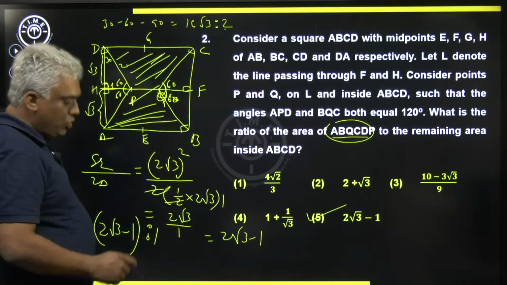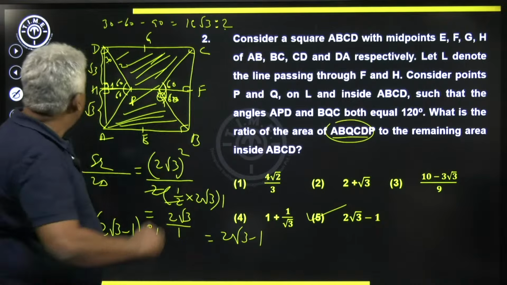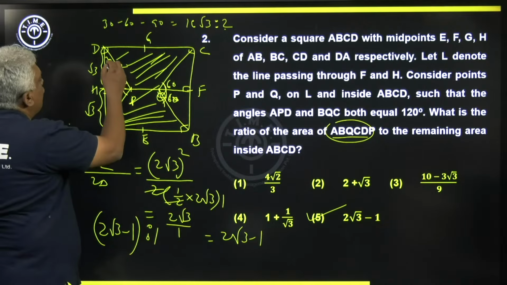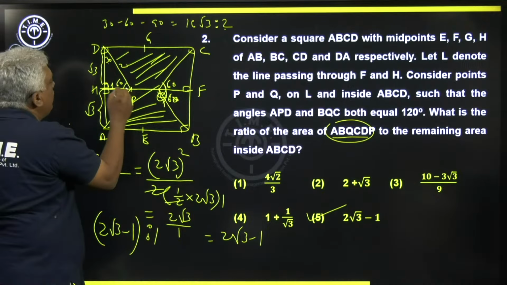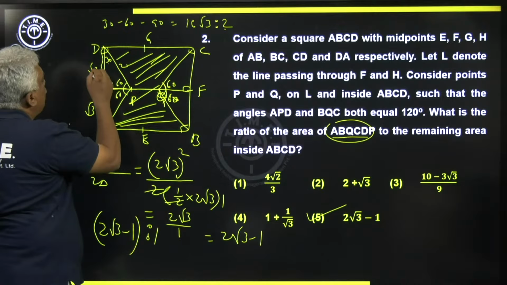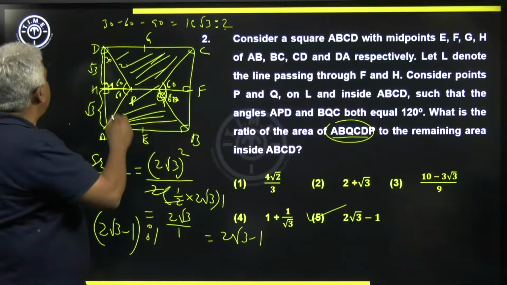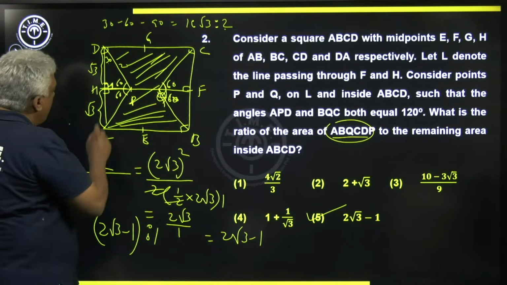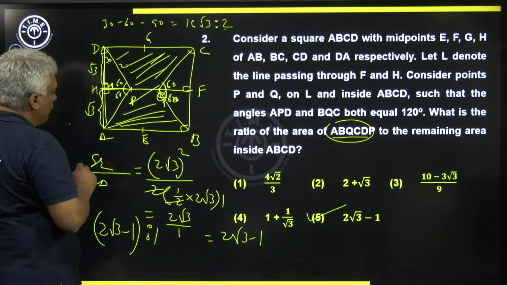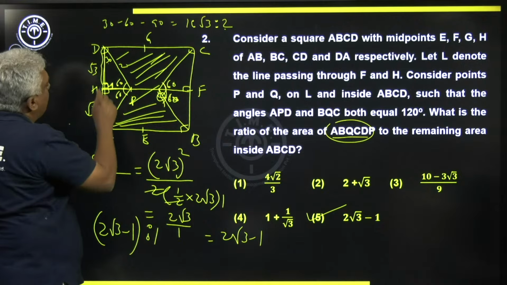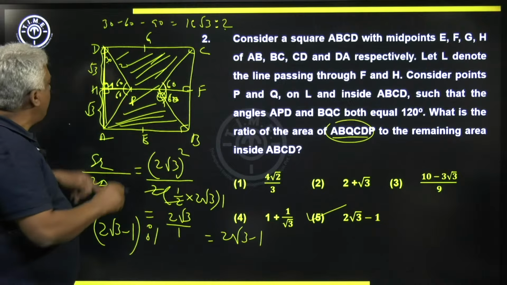Fine. So I took this triangle, this 30, 60, 90. Opposite to 30, I took this 1 unit. This is 1. Opposite to 60, I took root 3. So you see that for these two triangles, first of all, the square side will be 2 root 3, right? And the base of the triangle, I took this as the base, it's 2 root 3, and the height is